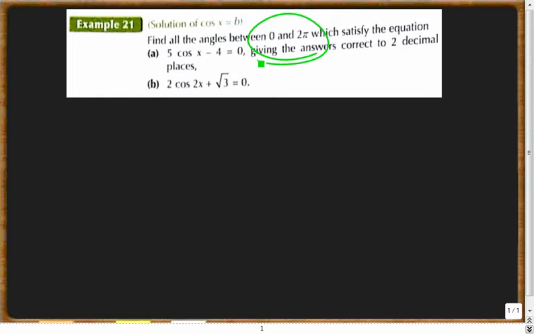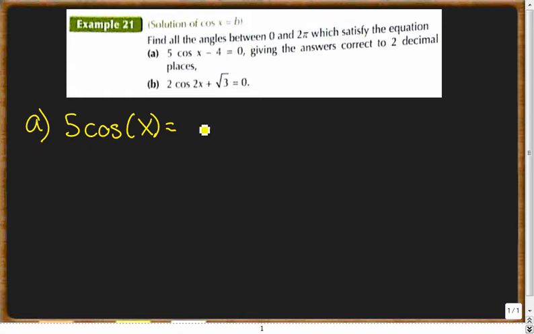Now, I'm going to make a suggestion: depending on what kind of answer you get, degree mode in your calculator may be helpful, or radian mode may be helpful. It depends on whether or not it's going to be on the unit circle or not. That's kind of critical. So anyway, the first question gives us 5 cosine of x minus 4